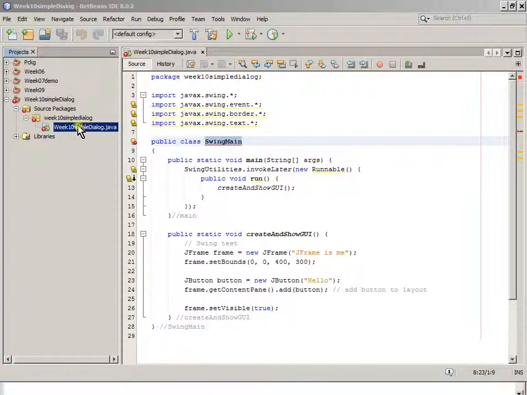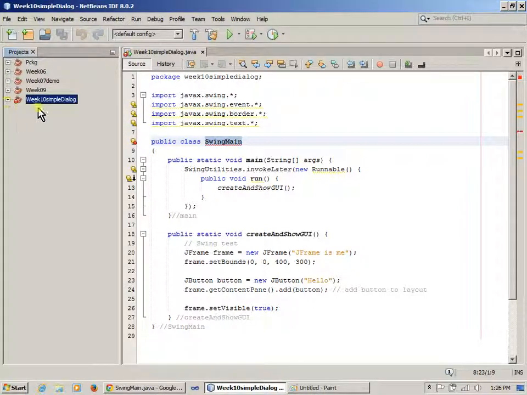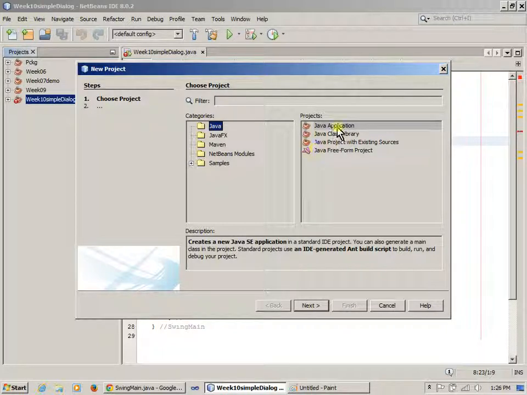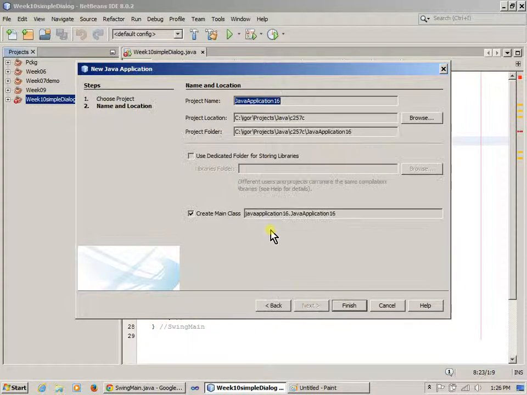I don't know why I couldn't change this name, so I'm actually going to create a different application. I just really don't want to waste any time. Let me just create another application, new project, okay? New project, Java application, next, and I'll just